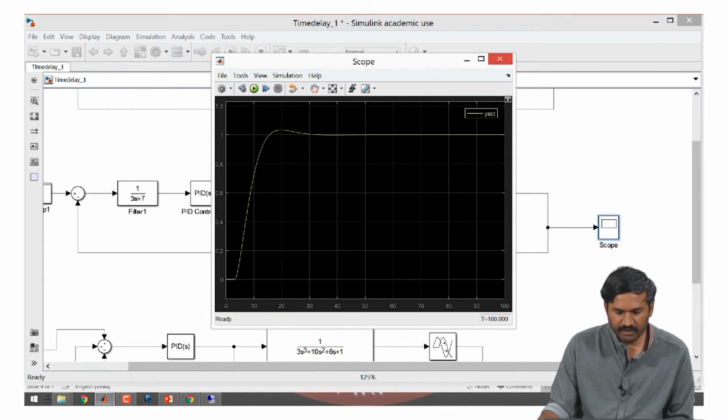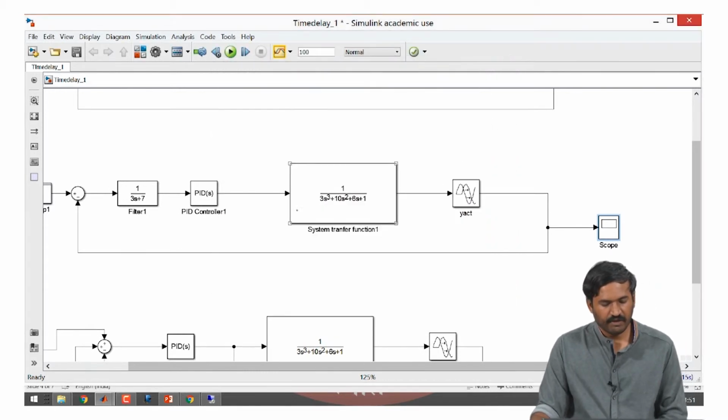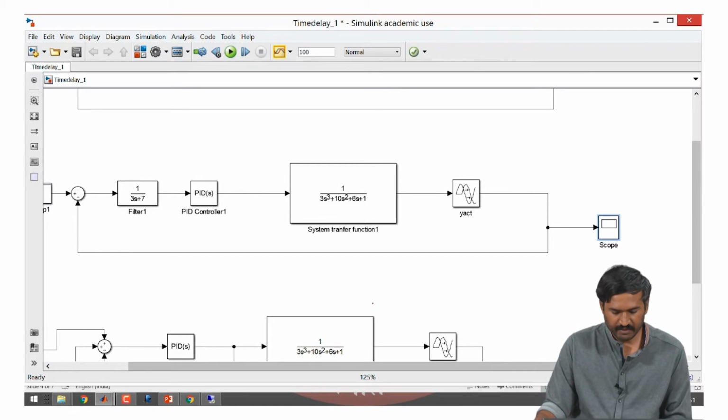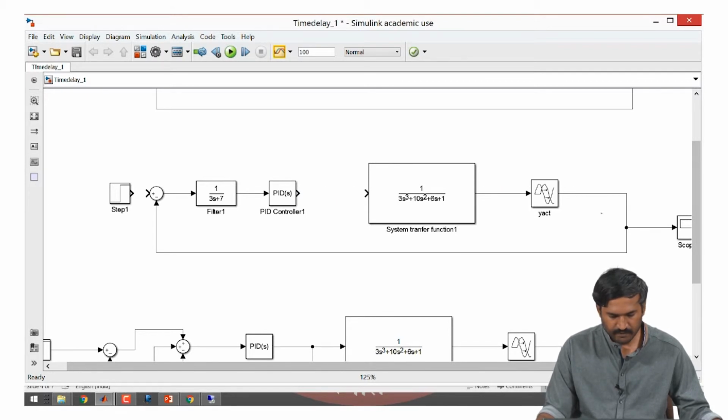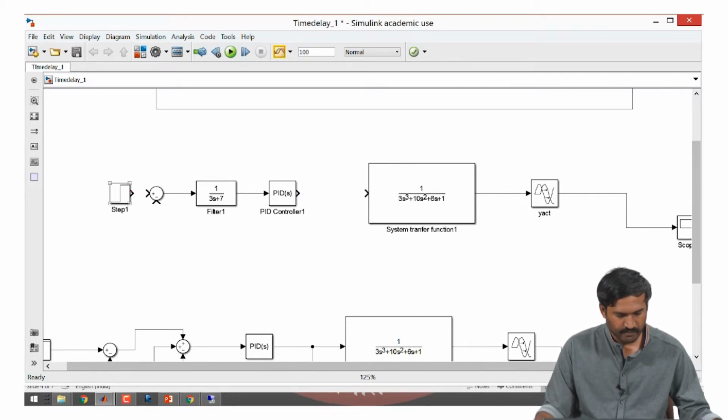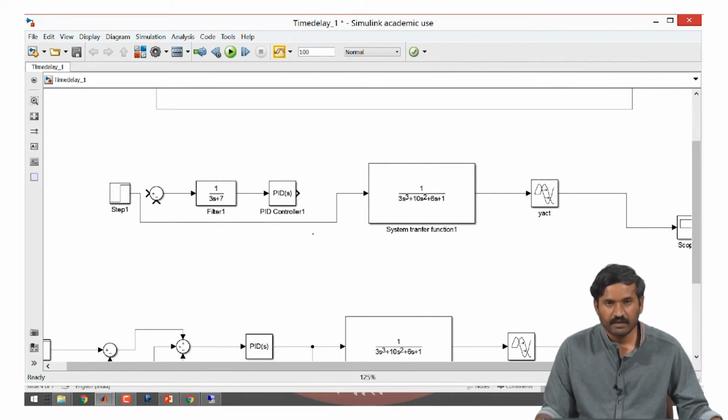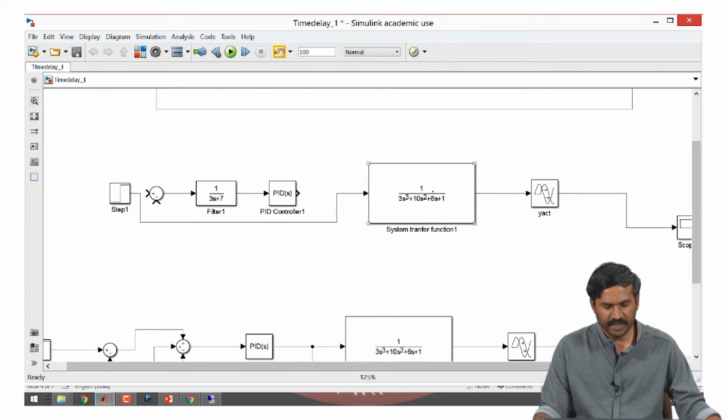Now, if there is no control, how will the open loop transfer function look like? That we can check by changing the connections here. Now, notice that I have actually directly connected the step input to the system. So, essentially we are stepping the input, not the set point in this simulation.